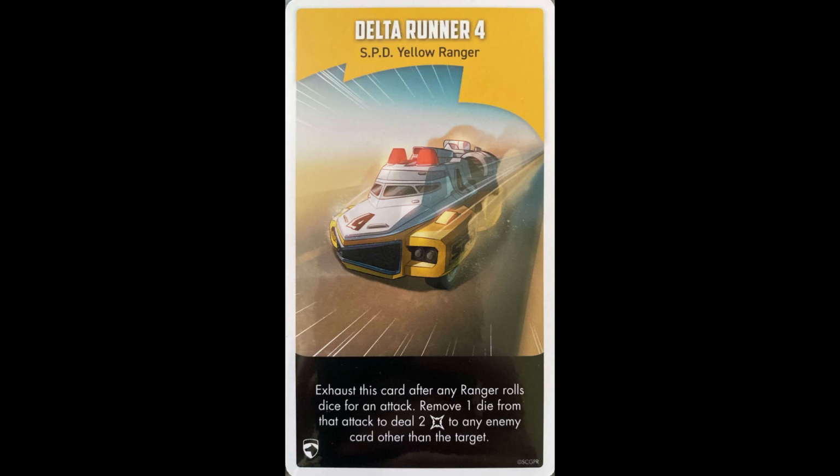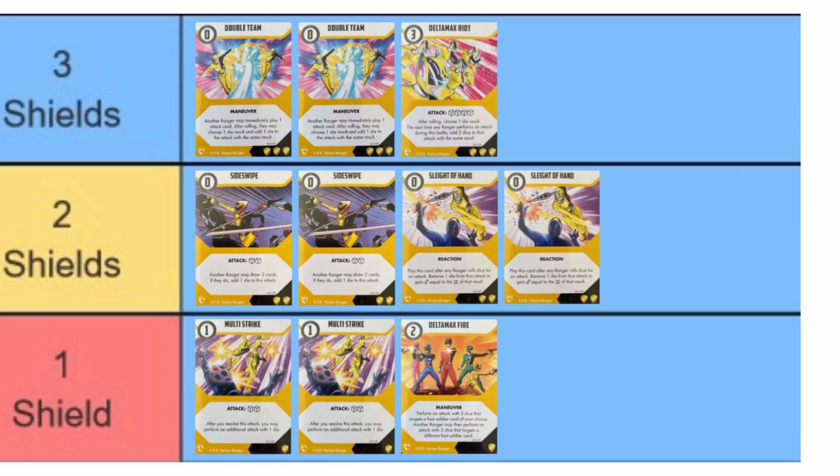That's really, really good. And it has to be used after the dice are rolled, which I think is great because you won't know for sure what you roll until you roll them. So then you can remove the blank that you rolled, most likely. Based on my experience, I almost always roll at least 1 blank. Fantastic. All right, now breaking down